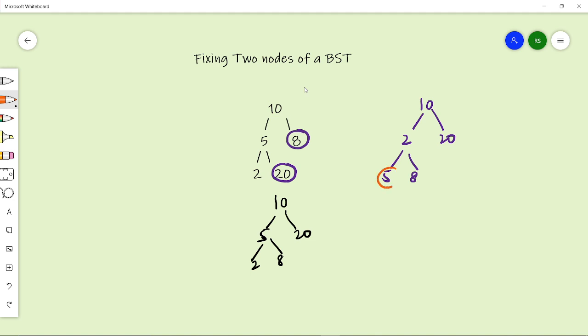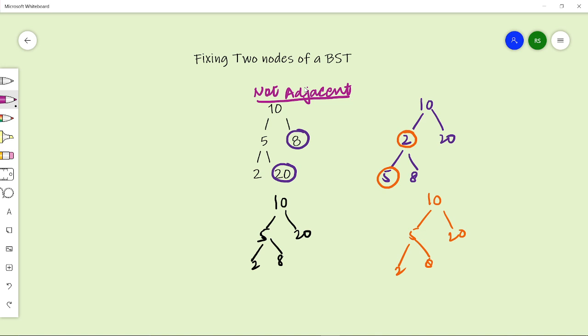So 5 and 2, because if I swap 5 and 2, the BST will look like 10, 5, 2, 8, 20, which is the correct BST. So what I wanted to show was, in this BST, the nodes that I have to swap were not adjacent to each other.